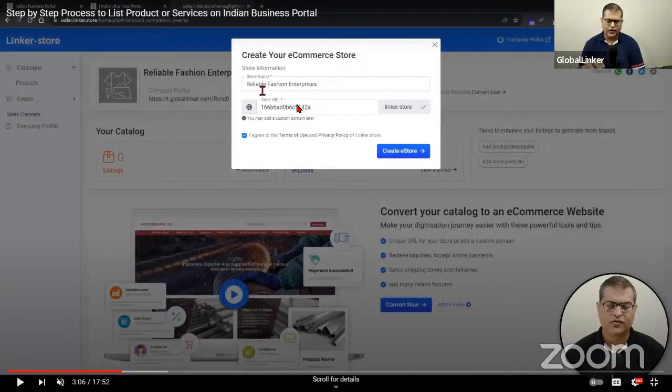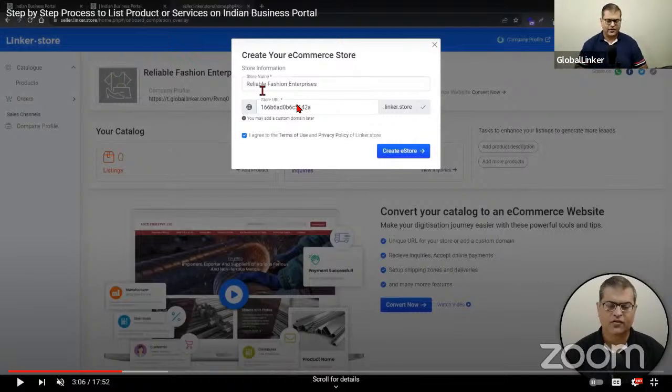A URL is simply something that you type in a browser to open a website. For example, to open Google's website, we type google.com. Similarly, to open your website that you are creating today, what someone has to type, that's what we are trying to define here. So, for example, the business name is Reliable Fashion. You can type Reliable Fashion, and the URL for this online store will be